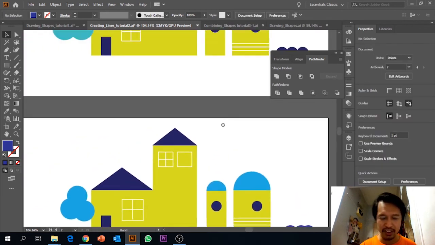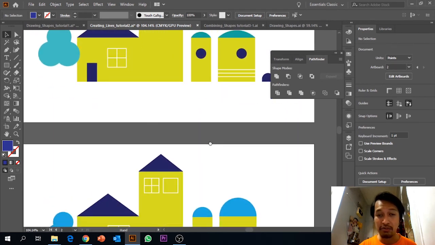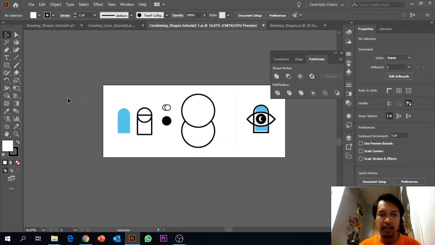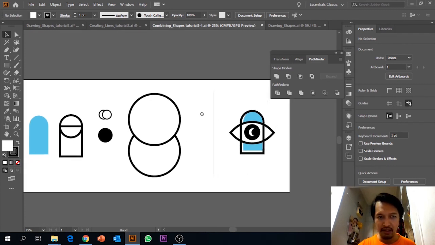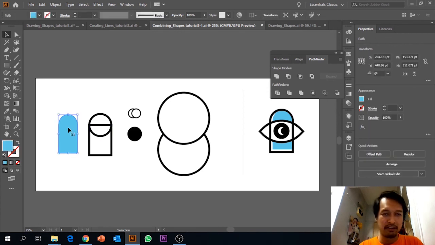In this file you were able to learn how to combine shapes, and how to use Pathfinder to create new shapes. Now we're going to move on to our last file. For our last file, we're going to create the shape that you see over here from a combination of shapes. From these preset basic shapes, we're going to make a shape that looks like this. This one we don't need any modifications, but for this one,